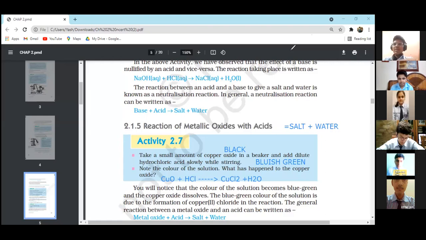Yes, ma'am, copper, because there is chloride, only one atom. One atom of hydrogen. Chloride. Okay? That is bluish green color. Excuse me, ma'am. When copper reacts with the Cl, then oxygen and hydrogen will be left, na? Yes. Okay? And hydrogen will be combined with another atom, which will form an H2O molecule.